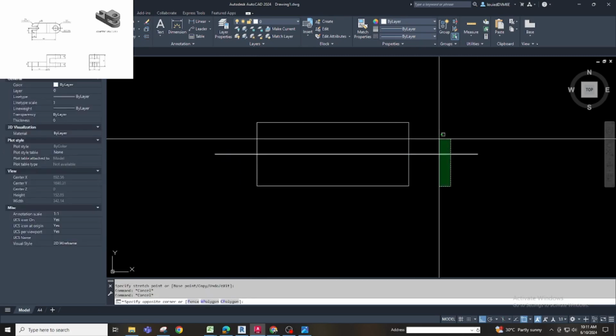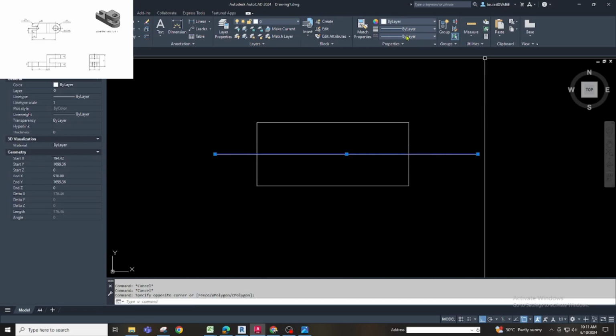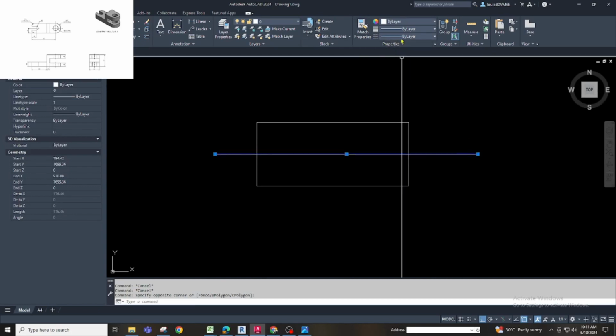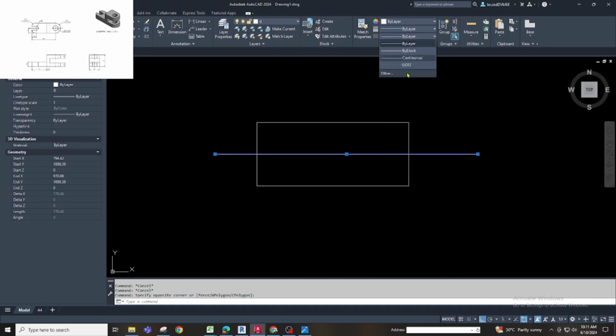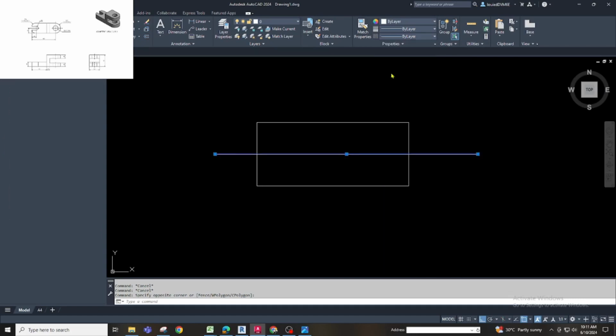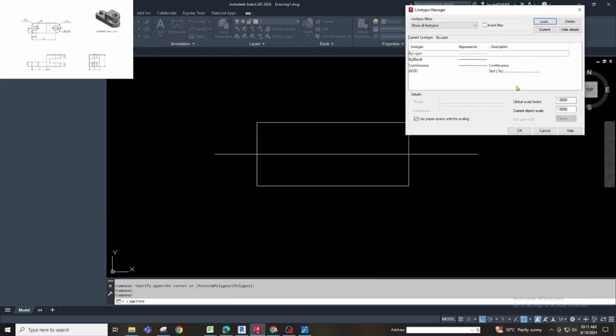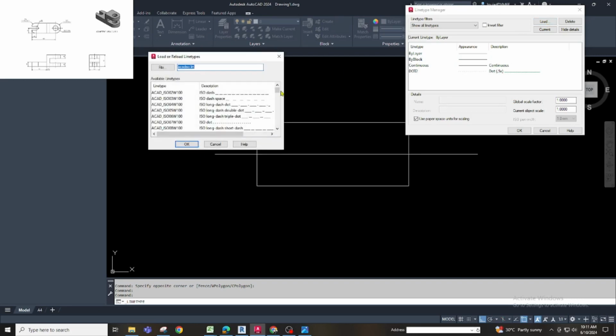So we will click this and, ito nga palang pull down menu na to is line type manager. Kung hindi nyo makita dito yung center line, we will just add or load, and we will find center line.